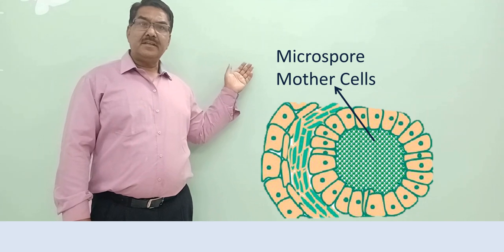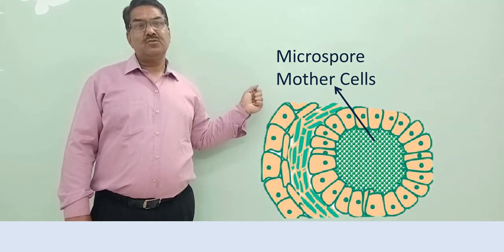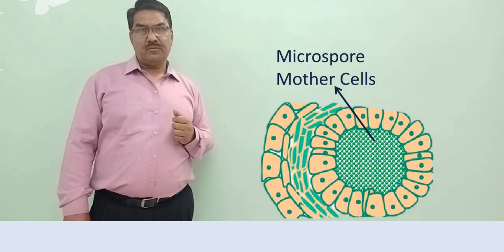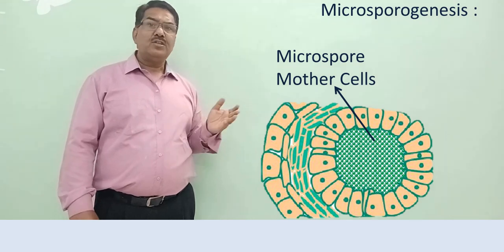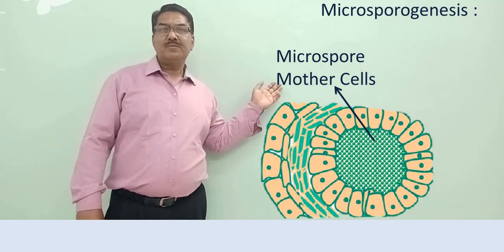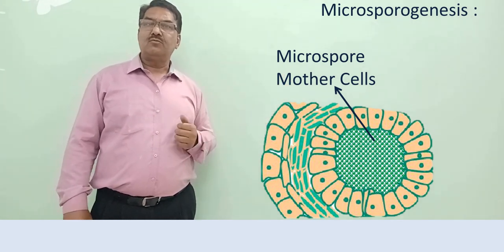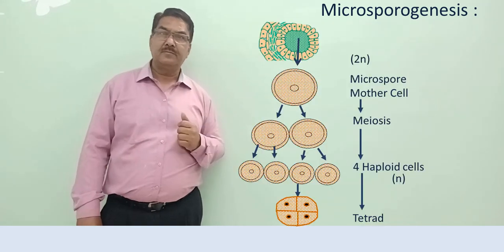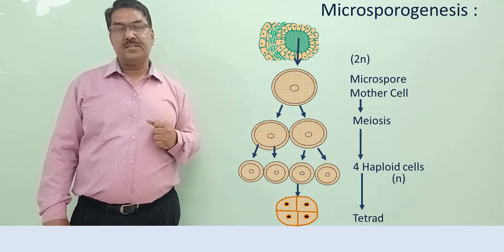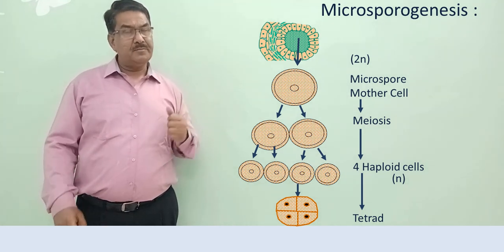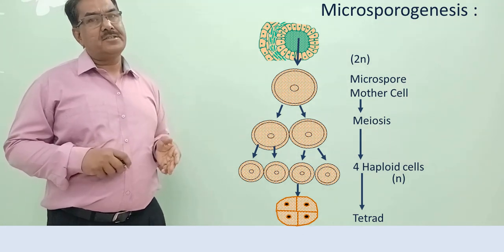When the anther is young, a group of compactly arranged homogeneous cells called sporogenous tissue occupies the center of each microsporangium. Microsporogenesis: as the anther develops, the cells of the sporogenous tissue undergo meiotic divisions to form microspore tetrads. The formation and differentiation of microspores is called microsporogenesis. The microspore mother cell or pollen mother cell undergoes meiosis and each forms tetrahedral tetrads.